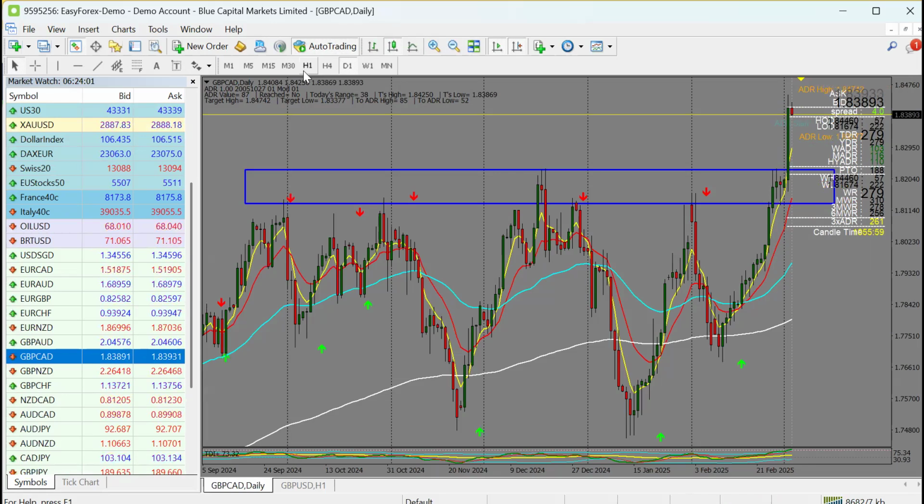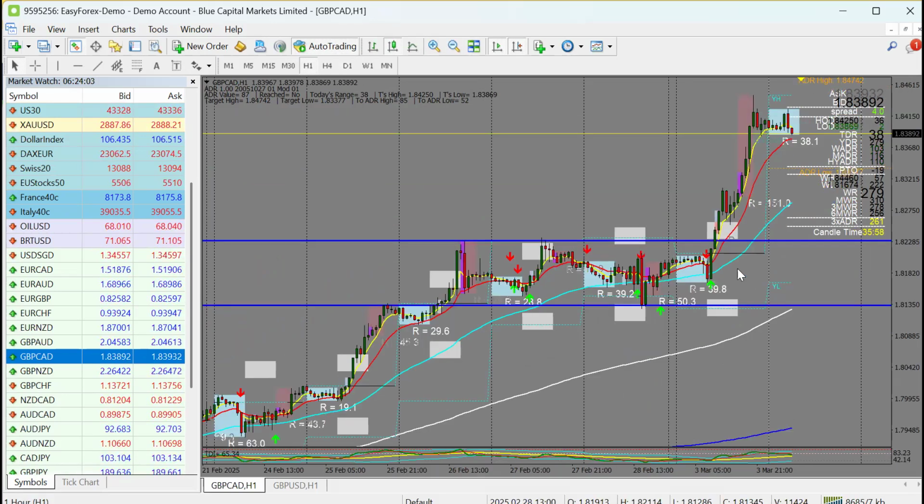Yesterday we talked about the market coming in and breaking that resistance region, but we also talked about this market coming to the 50 EMA. So we saw this trade going very nicely. Still, I'll be looking for buy opportunities on this GBP CAD, and we'll be talking about the GBP CAD being reciprocal on tariffs.